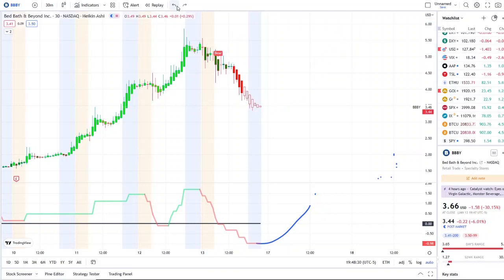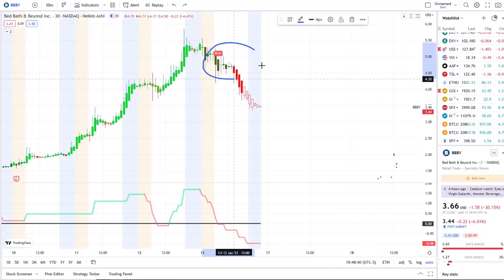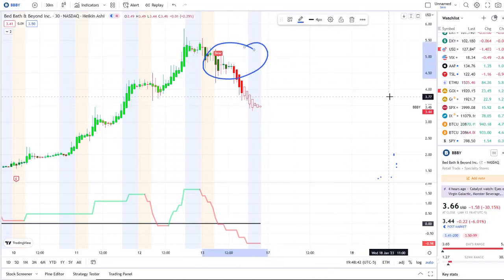Now, what resistance level am I watching first? The first one is $4. Above that is $4.50. And the most significant one, where it rejected and it was fighting and that bear indicator popped up, is